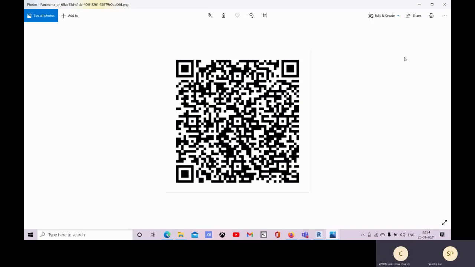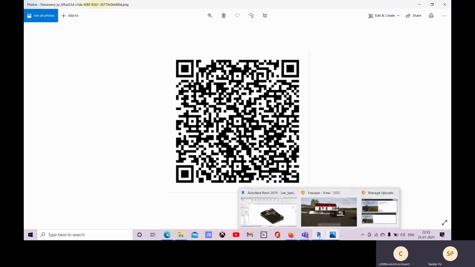Check it. It may open. Couldn't scan, sir. Okay, so if there is any other scanner app. Yeah, we'll get a scanner from the Play Store. Okay, then I will upload it into WhatsApp and you can check it and let me know.